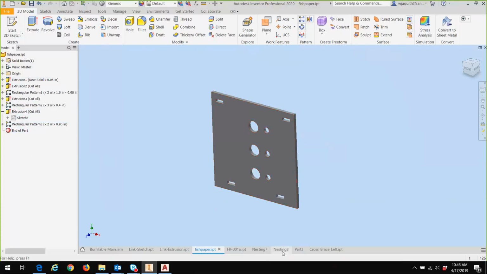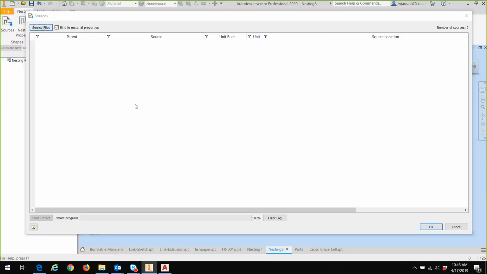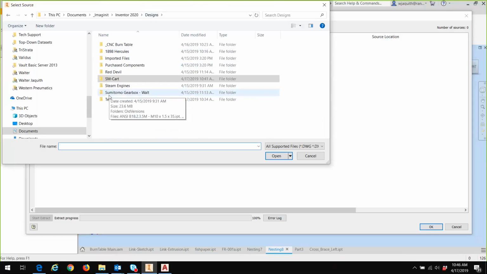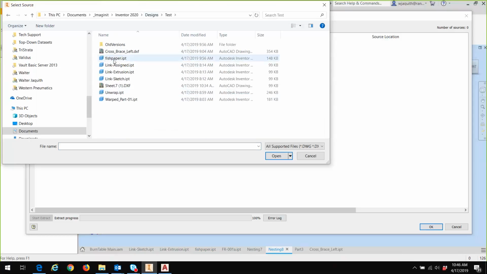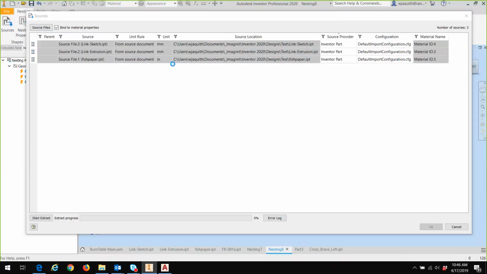And just to show you how that works, if I go to this blank file, I'm going to go to Sources and Source Files and go into my test folder where all this is. And I've got the fish paper. I'm going to shift select the link extrusion and the link sketch. And I'm going to let it map materials. That's fine. And it does the extraction, and if I bring them in,